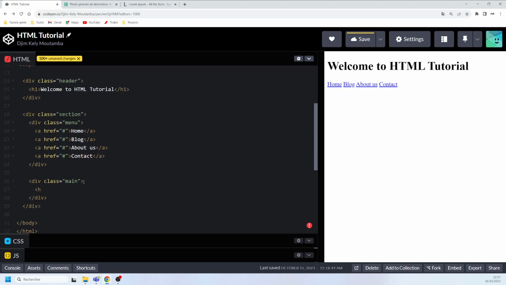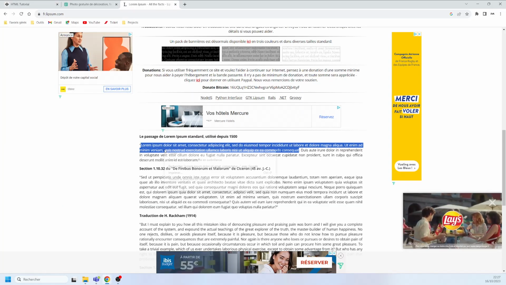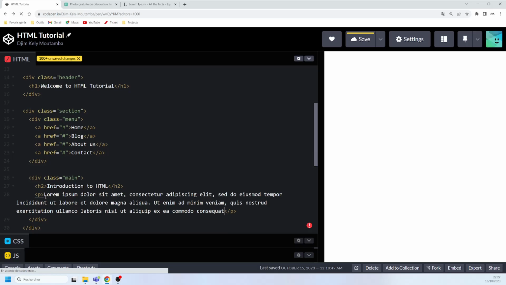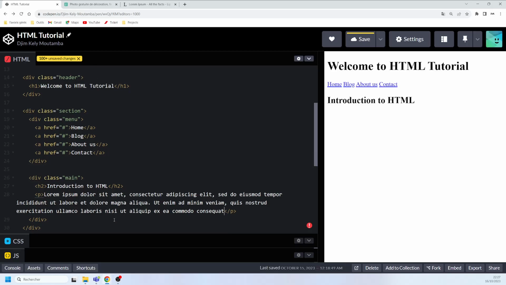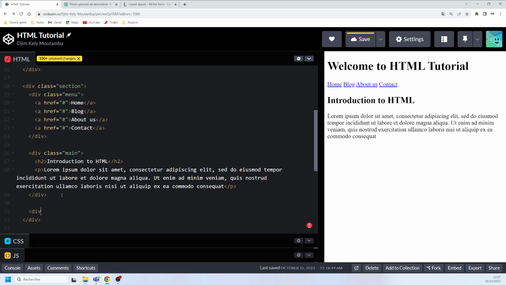Inside here, I will say h2 introduction to HTML h2 and then paragraph. I will copy some text, paste it in here. So this is our second div,